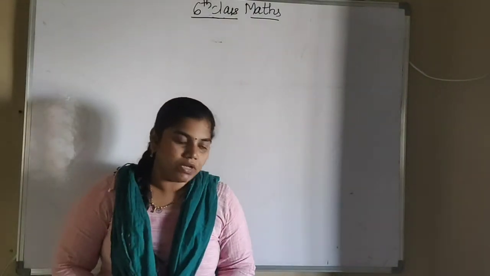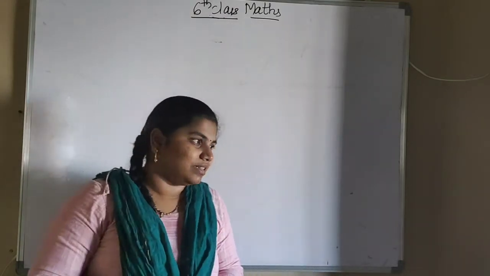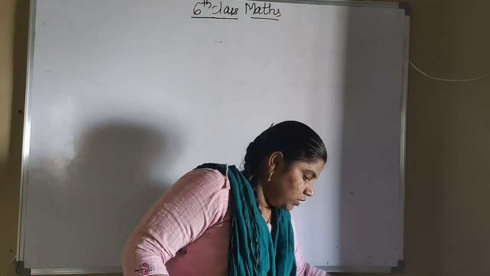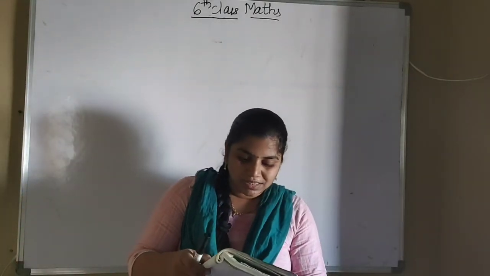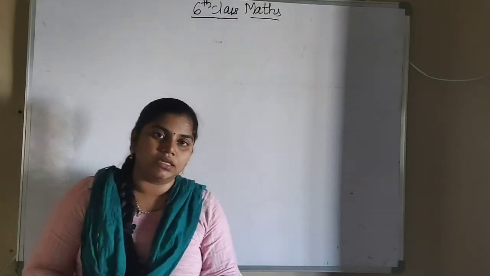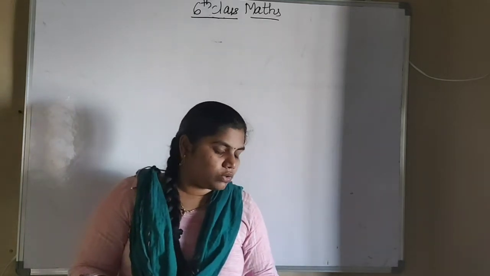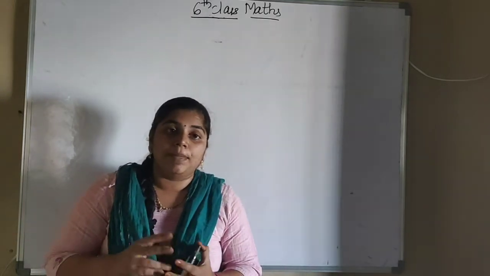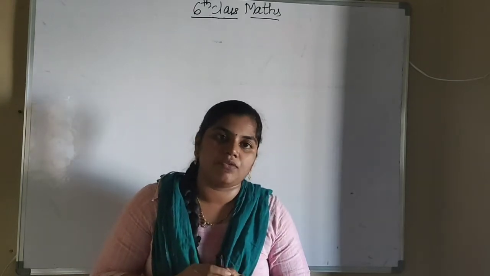So good morning everyone. In the last class we started 3.6, and in that we are doing the fourth question. So what is the fourth question? The HCF of two numbers is 6 and the LCM is 36. If one of the numbers is 12, find the other number. In this case they have given both the LCM and the HCF, but of the two numbers, only one number is given and the other number we have to find.